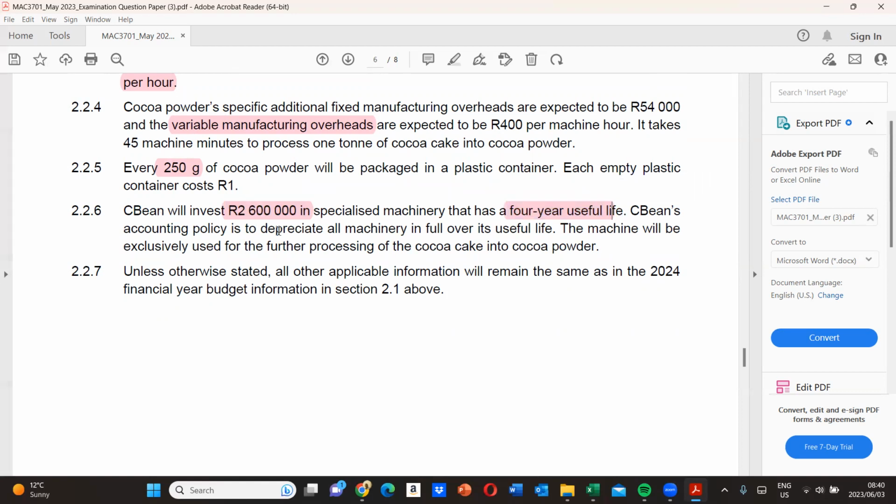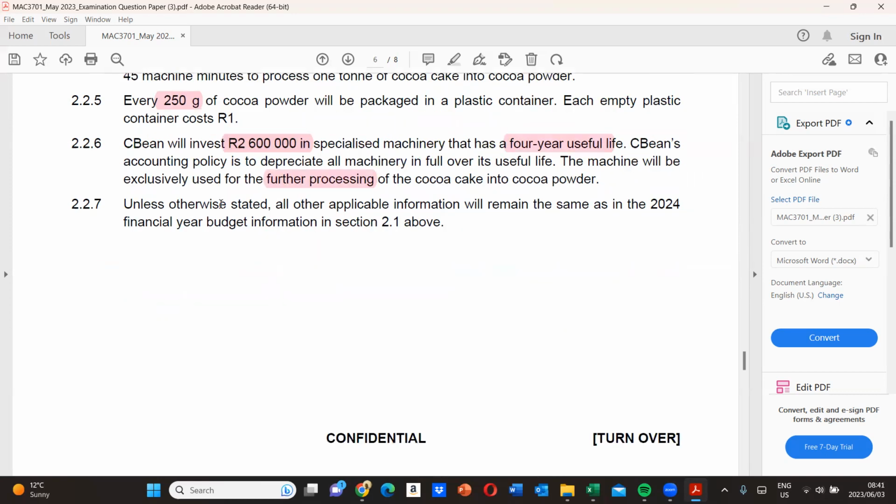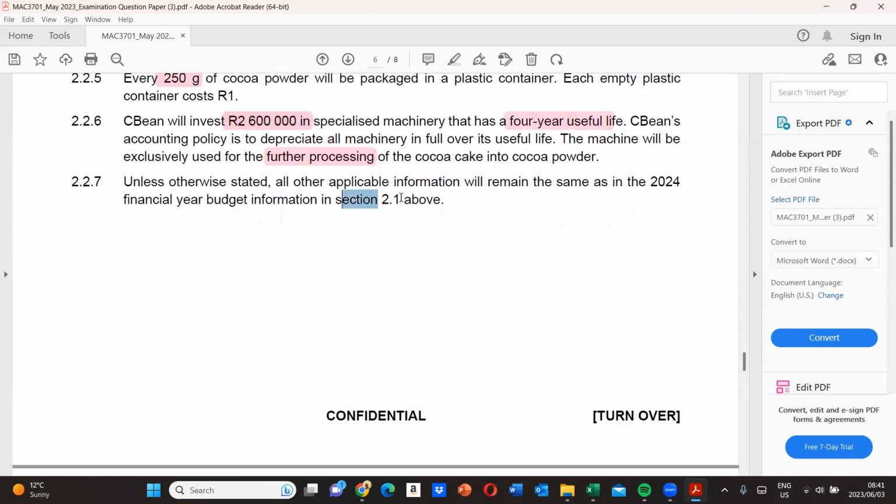Bean's accounting policy is to depreciate all machinery in full over its useful life. The machine will be exclusively used for further processing of the cocoa cake into cocoa powder. Unless otherwise stated, all other applicable information will remain the same as in the 2024 financial year budget information section